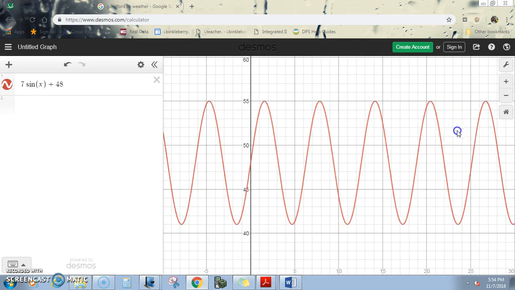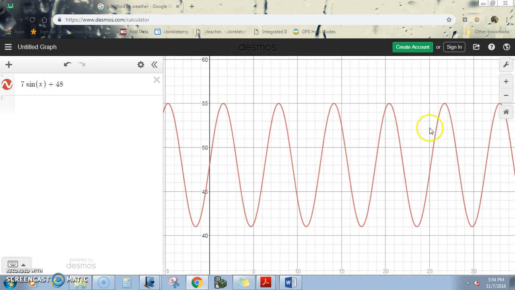Okay, so let's try to see this whole thing. Now, basically, we have a correct curve, except remember, here is 48, but this is midnight, right? This is 0. 0 is midnight. And that should be our lowest temperature in this problem. So we have to shift our lowest temperature. We have to shift it over, right? Right now it's at negative pi over 2. We need to shift it over pi over 2, which we can do by moving it to the right, pi